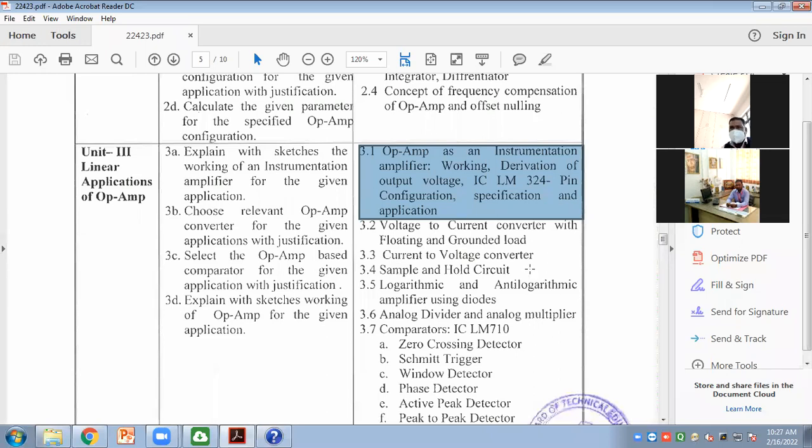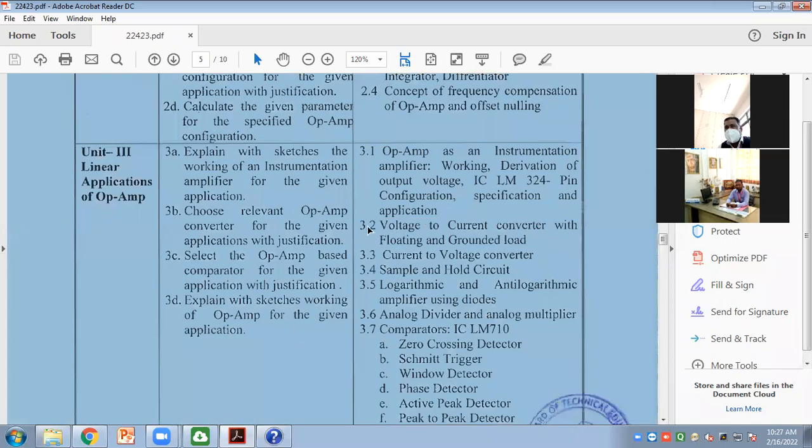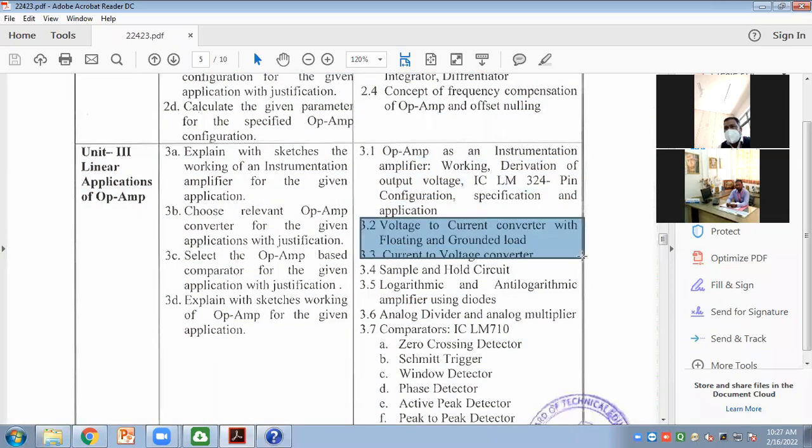Then the next parameter we are going to see is the voltage to current converter. The input is voltage, but the output is converted into current. So apply voltage, produce current. Now the question will be, sir, how is voltage converted into current? At the output, the current should be measured in series. All of you know voltage is always measured across, and current is always measured in series.